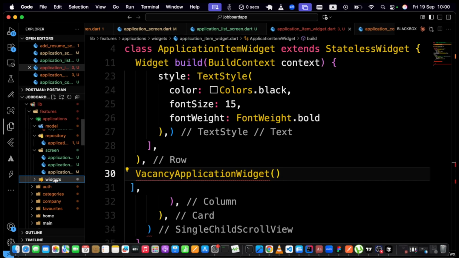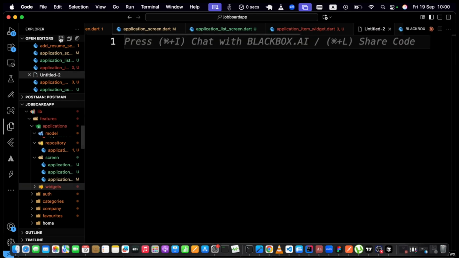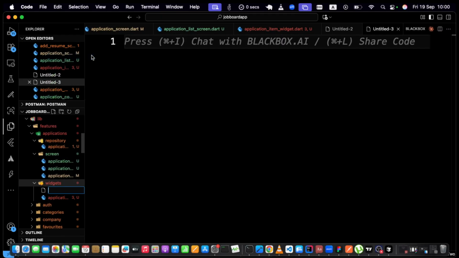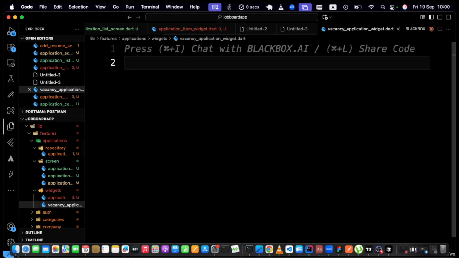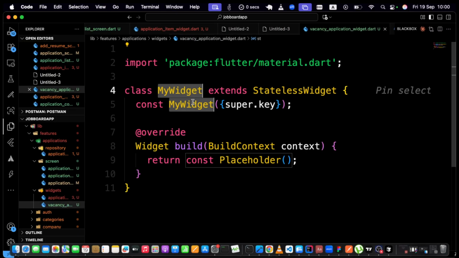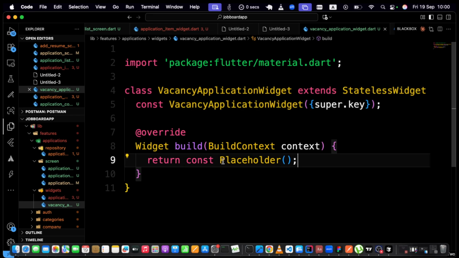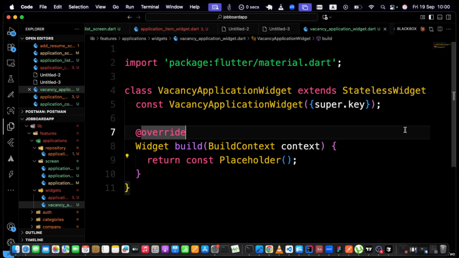Let's get rid of this. Let's just create here. Vacancy application widget, and then